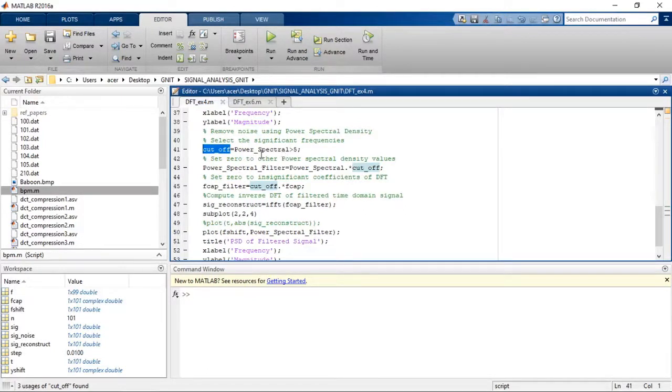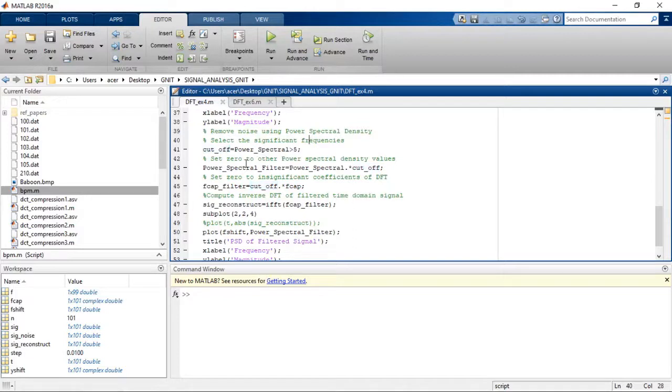So we are setting the other power spectral values 0, only the significant values, that means the power spectral density greater than 5, are used as the significant values, and then we are converting these power spectral values into a logical array consisting of zeros and ones. If power spectral values are greater than 5, you will be getting the cutoff value 1, otherwise cutoff value is 0.